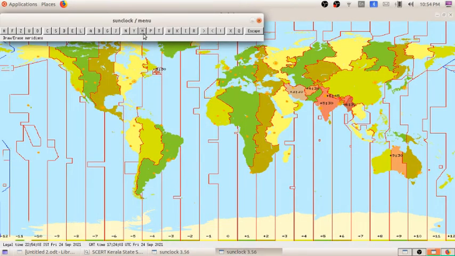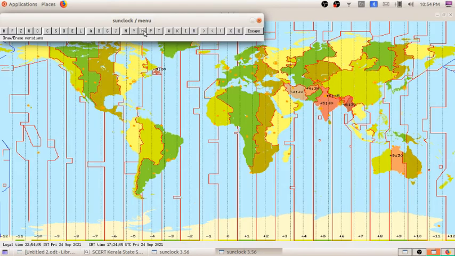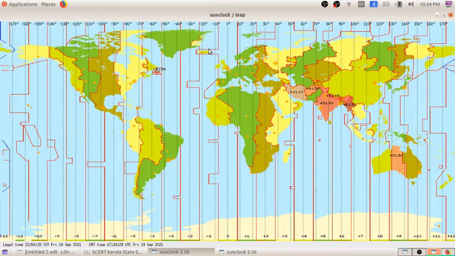It is the M. When I click here, you can see the longitudes displayed. When I click here again, I can see the time in the down portion. Once more I click, and I can see the time in the upper portion. That is the third step.